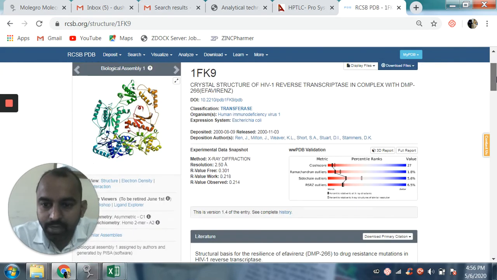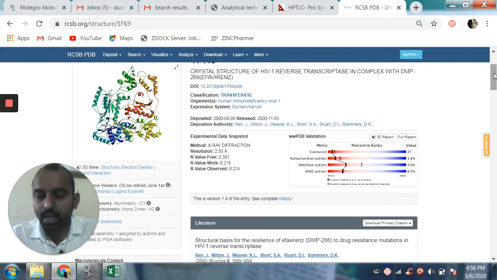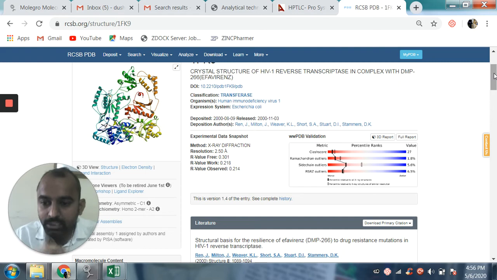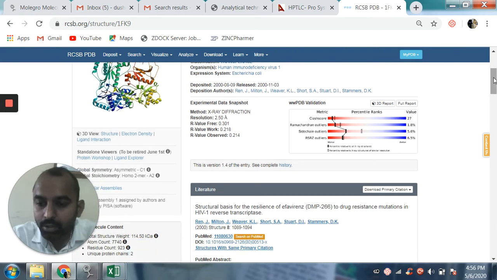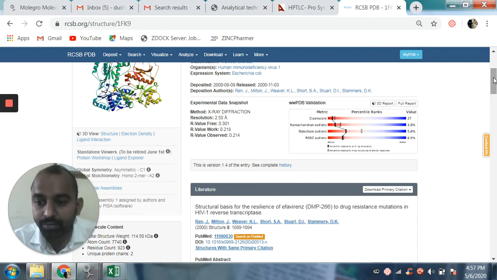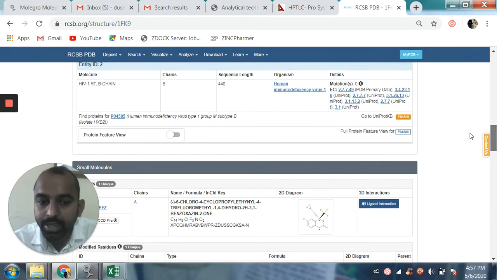If I scroll down, it tells me the crystal structure of HIV reverse transcriptase in complex with efavirenz. Here, efavirenz is my drug of interest, or ligand of interest, which is already present inside the receptor pocket. This will tell me whether my other ligands of interest fit with the same complementarity into the receptor pocket or not. This is the fundamental information which you need to know while performing docking. If you do not know this RMSD value, the docking protocol may or may not be valid enough.